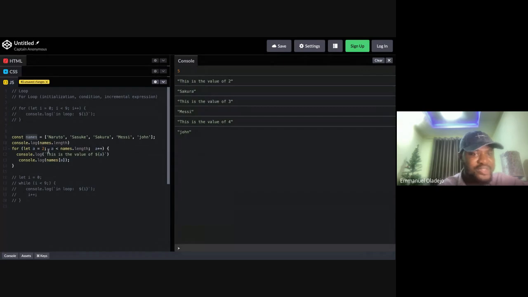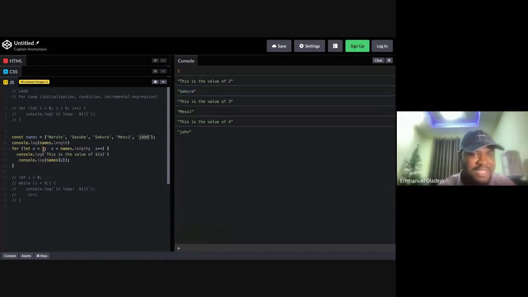Now it starts from 2 because our initialization is 2. And what's the value at 2? 0, 1, 2, right? It now told us the value at position 2 in these names is this guy. Then it keeps reading 3,